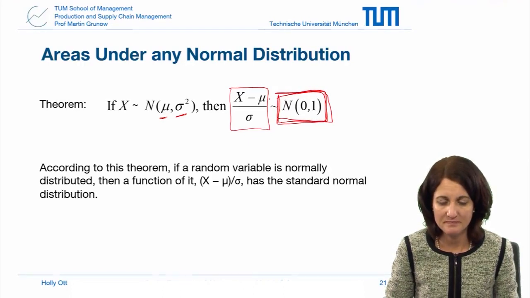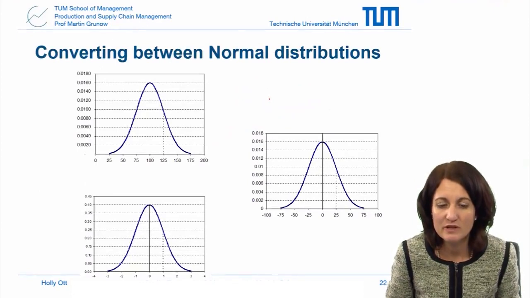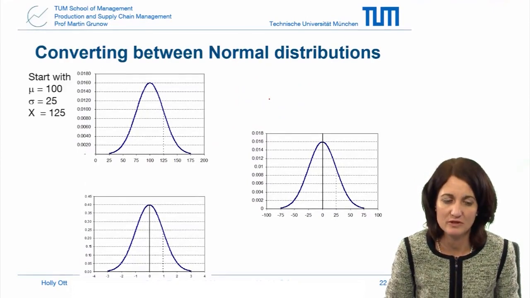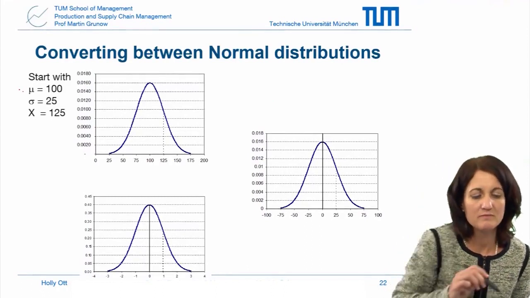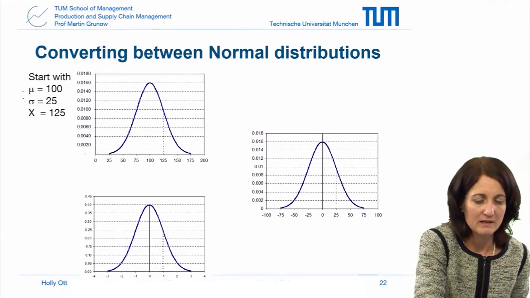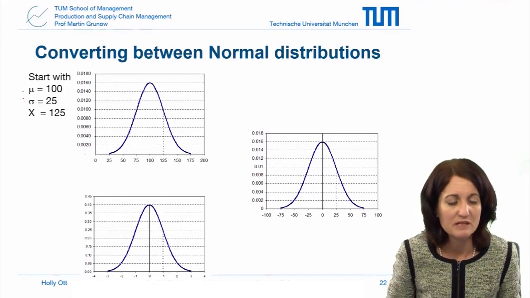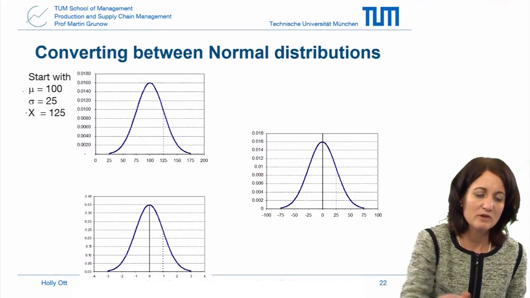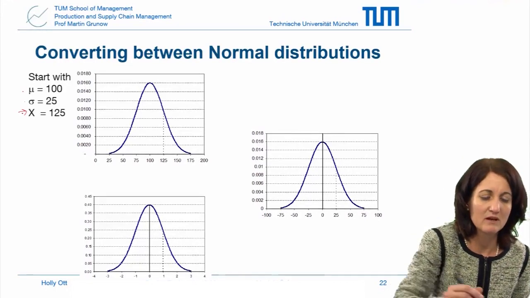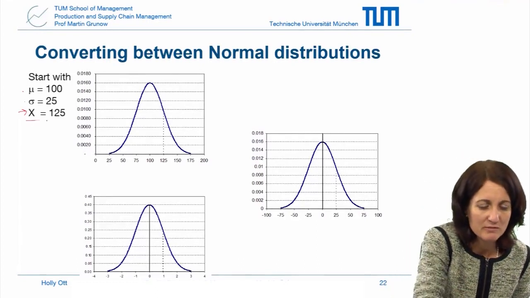So let's have a look at this in a little more detail. If we want to convert between normal distributions, let's start with our tabletops. We have a mean of 100 centimeters and a standard deviation of 25 centimeters. Not very good tabletops, but that's our normal distribution, which we have sketched here. And we're interested in looking at our very long tabletops. We want to know information about tabletops that are